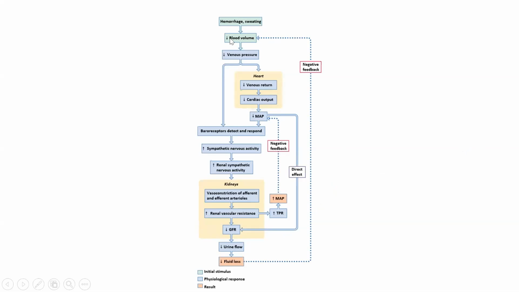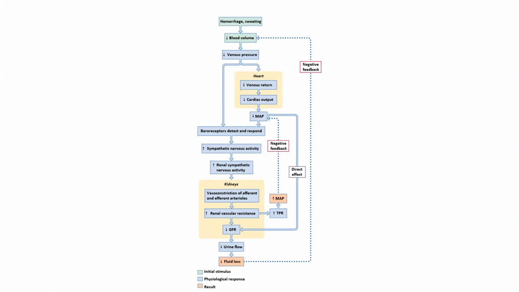So that drops blood volume, and as blood volume drops, venous pressure drops, right? The amount of pressure that's in our veins. And as that drops, venous return drops, right? If we've got less pressure in our veins, that's less blood coming back to the atria of the heart, the right side of the heart. And so venous return decreases. And if the heart is not filling adequate quantities of blood, then it's not going to pump adequate quantities of blood. And as a result, cardiac output will also decrease. Now, when cardiac output decreases, we should know this, that mean arterial pressure is going to drop, right? If the heart is not pumping adequate volume, mean arterial pressure takes a hit.